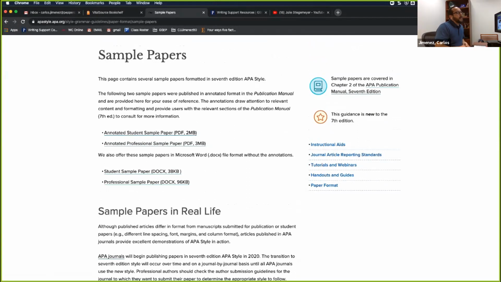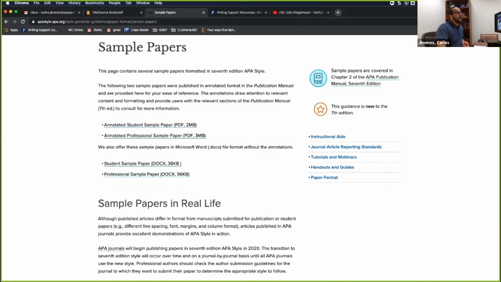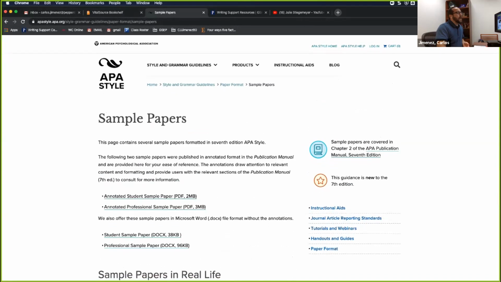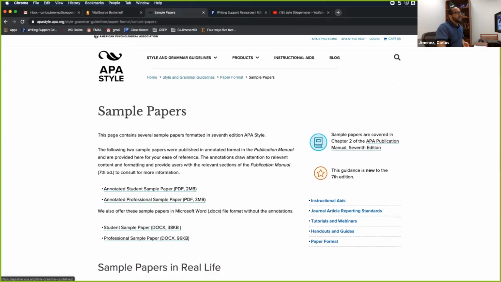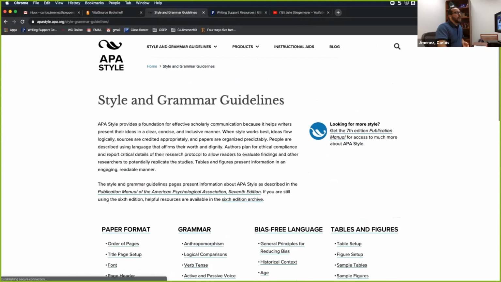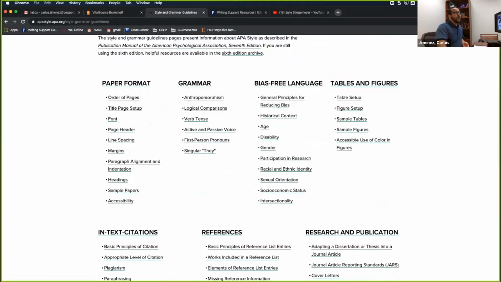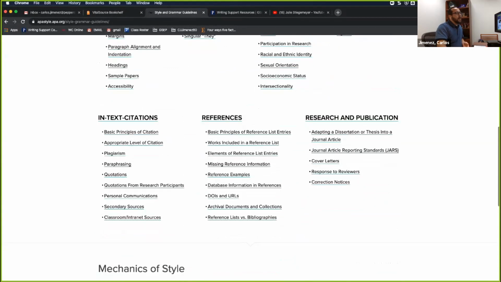So that will help. There's not too much new formatting that needs to be done now, because a lot of the new changes eliminated some of the unnecessary technical aspects, like separating your header and creating the running header and things like that. We'll look at some of those in specific detail. But here is where you can download the Word version, or they have the PDF with annotations for the sample papers. This style and grammar guidelines page has all kinds of different topics, from all different examples of